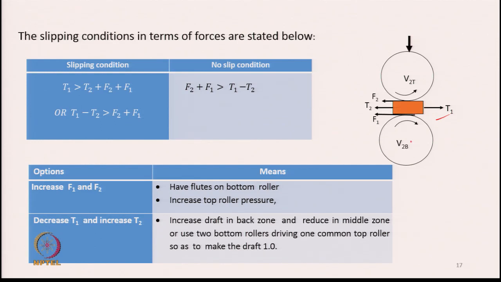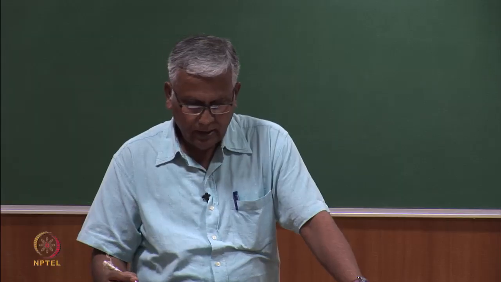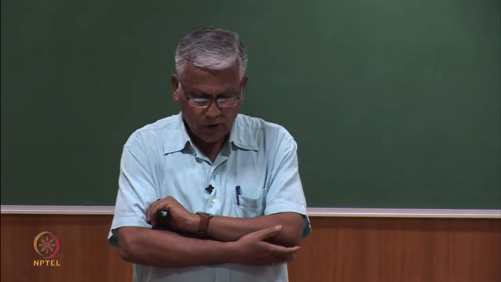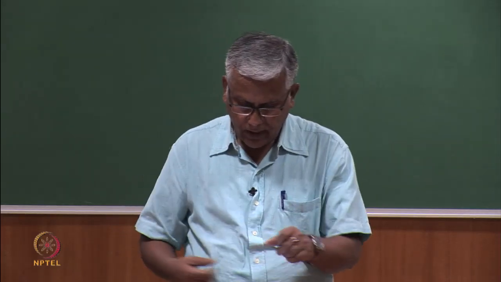Material will move at a speed greater than the speed of the bottom roller, and the top roller will move along with the material. So, both the top roller and the material will move at the speed of the rollers which are in front of it. That situation, if it arises, is going to be a forward slip situation,